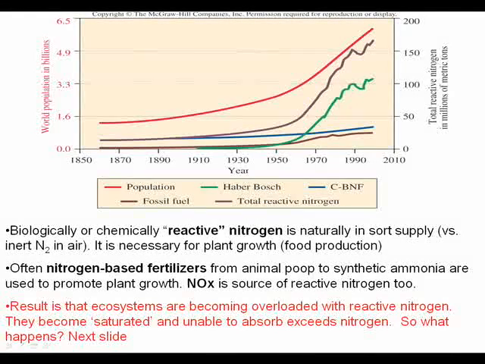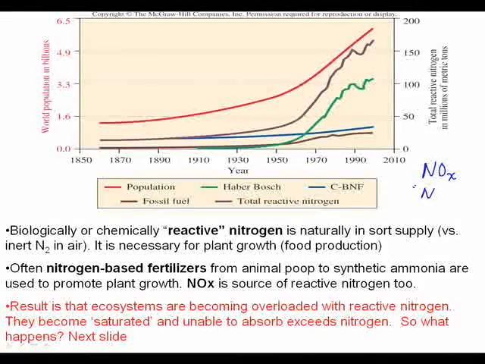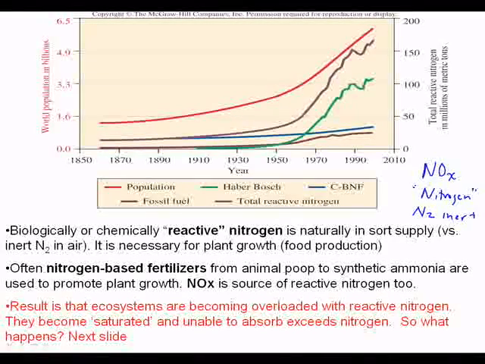Now, let's look at the special case of NOx and just plain nitrogen. Nitrogen is on Earth in different compounds. We have N2, which is very inert. Remember, that is the great amount of our atmosphere, and it doesn't do anything. But reactive nitrogen will undergo reactions.